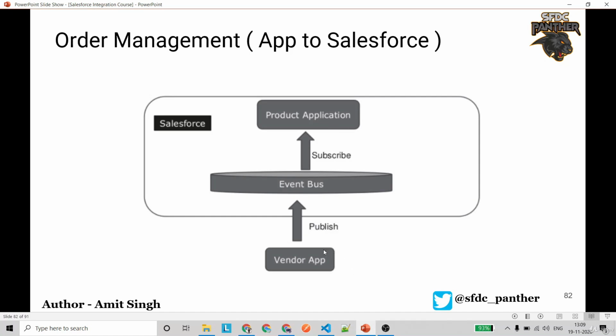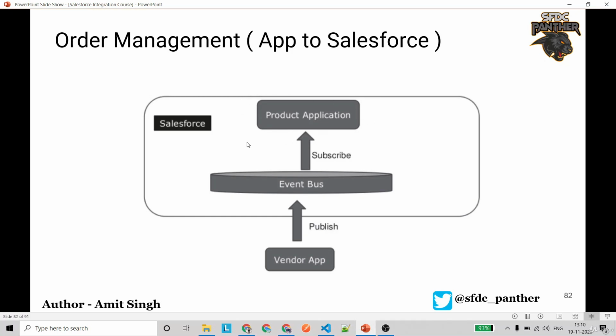So here, if the person who is using this vendor application has made any changes to the order, saying that the order is in processing status, the Salesforce order record must be updated to processing. And then again, the vendor sets the order to out for delivery. Salesforce must know that this particular order is out for delivery, so that Salesforce can also generate some clean